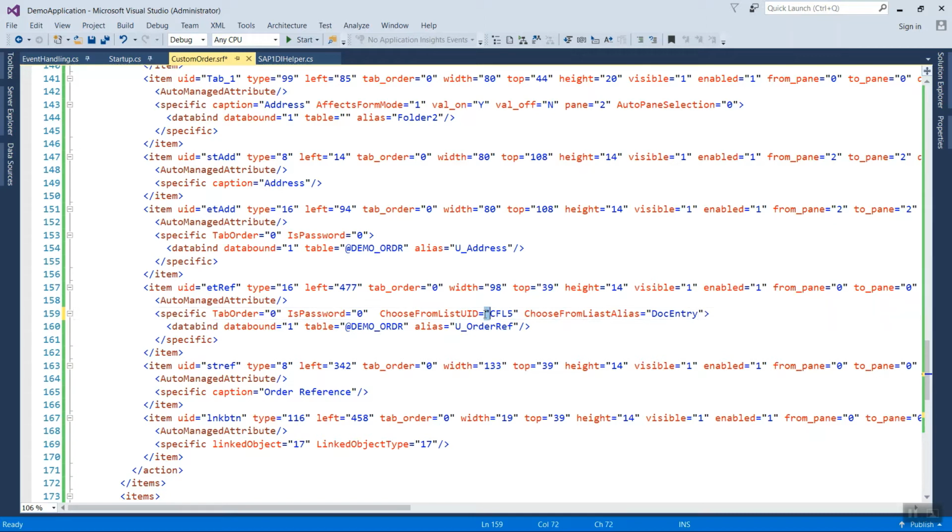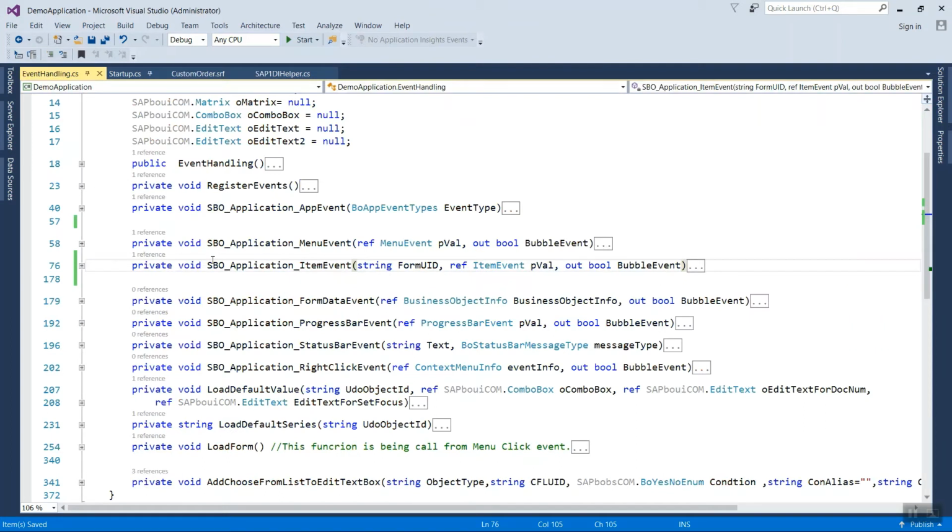These two properties we have to set while binding the CFL object to the edit text box. Look, if a spelling is wrong, it will give an error. So let me correct it before opening the form. So we have done.